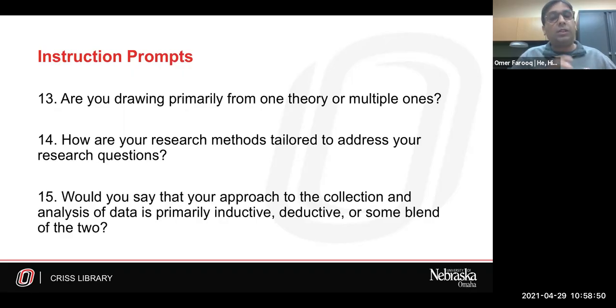Number 15 looks at the inductive and deductive methodologies. Are you going from specific to general, as in theory development or grounded theory work, or deductive, are you testing out an existing theory with your methods?